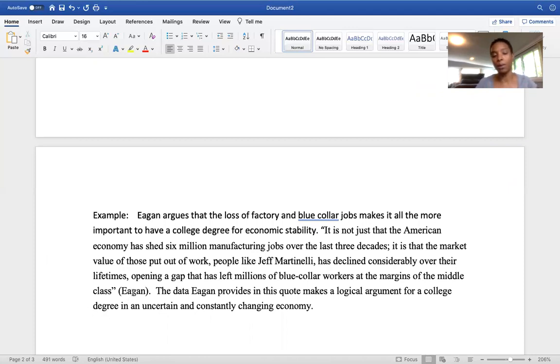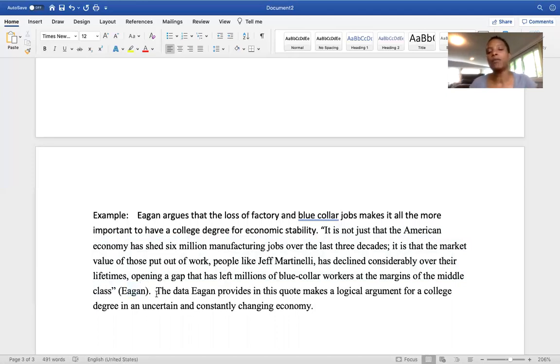So I used the quote. Here is when I put it in parentheses. So here's my introducing of the quote, right? Here's where I use the quote. And generally you can use a quote as long as it isn't over 4 to 5 sentences. That's probably a lot; 3 to 4 sentences, you're okay. And then here's where I cite the quote, and I just have his name in parentheses. And then I explain it.